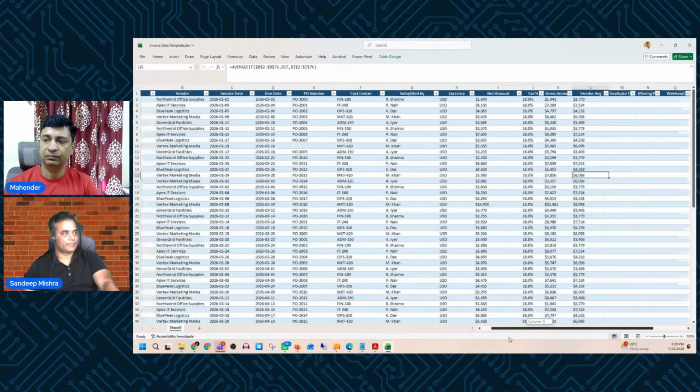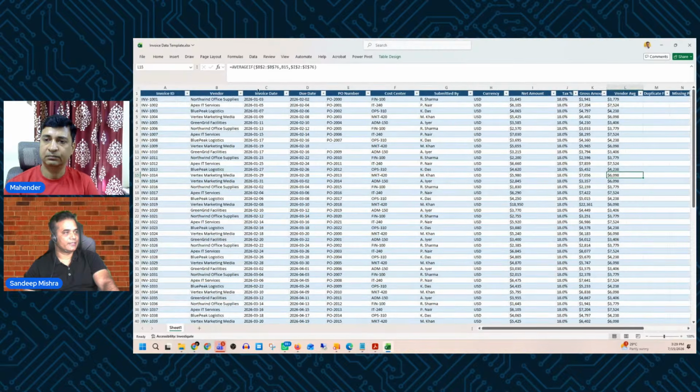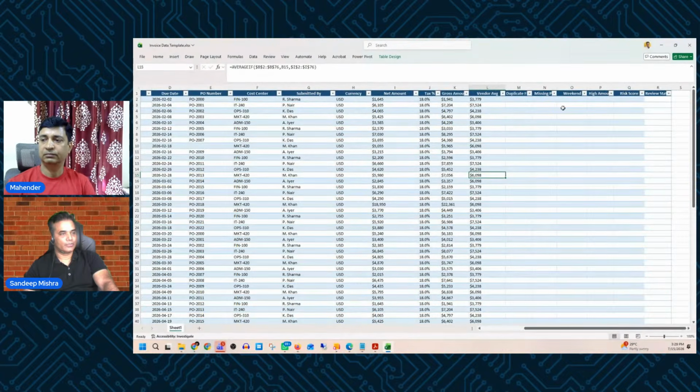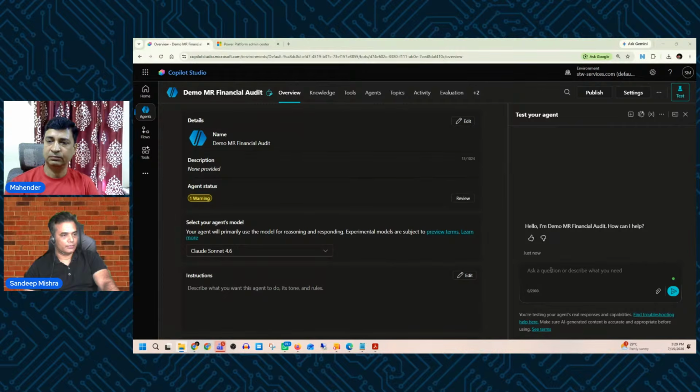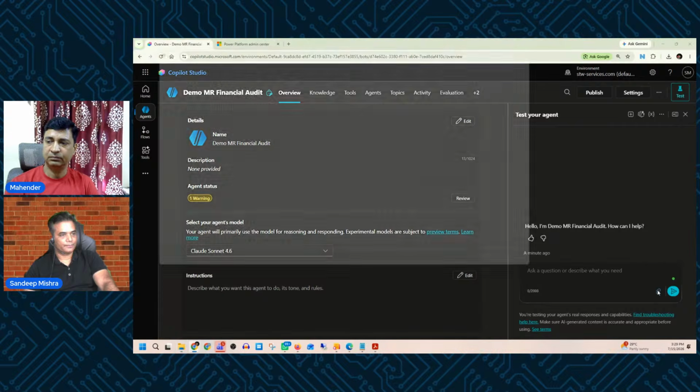I created this file. You can see we have invoice ID, vendor, invoice date, due date, PO number, cost center, submitted by, and some flags we have. Based on that, the person who is going to audit will take all those records and do analysis. So that will make his or her work easy. So this file I'm going to use. So what I will do is I will just upload this file